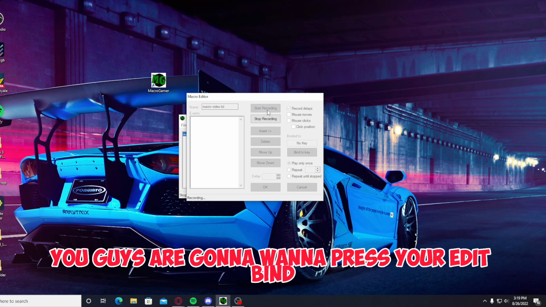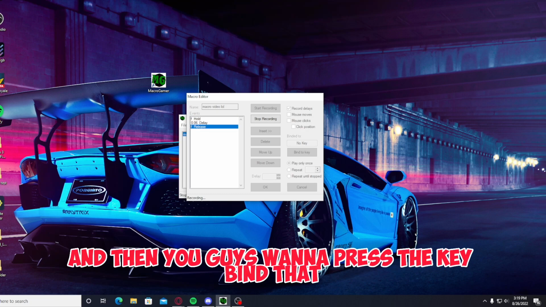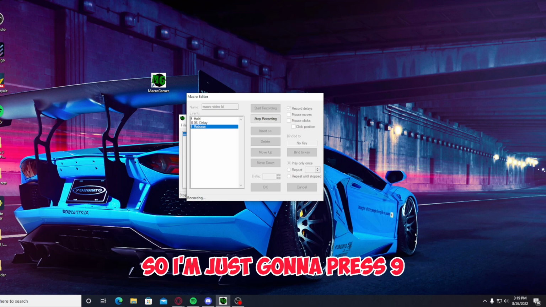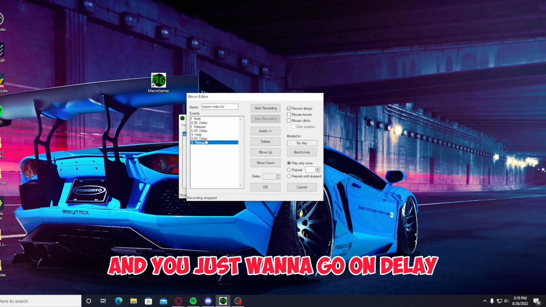You guys are going to want to press your edit button, which for me is F. So press F, and then press a keybind that you don't use. For example, a keybind that I don't use is 9, so I'm just going to press 9. And then press stop recording, and then go on delay and make